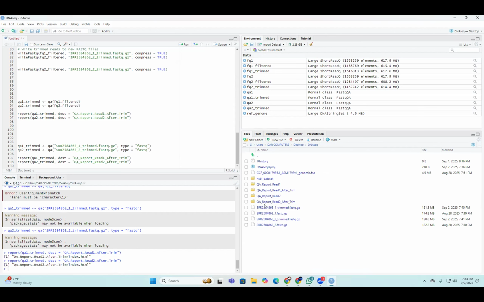Okay, now I have performed quality control after trimming